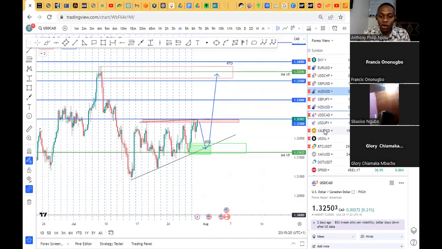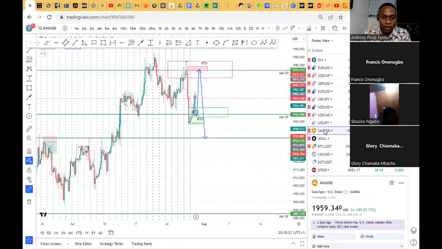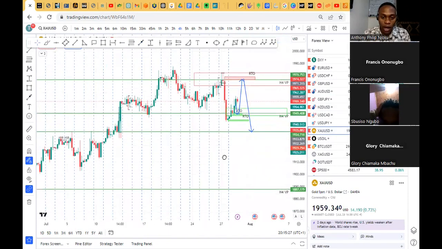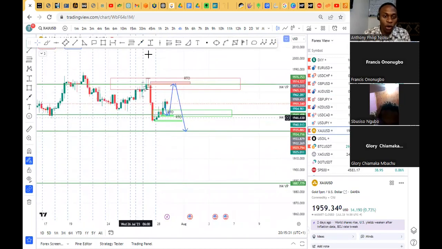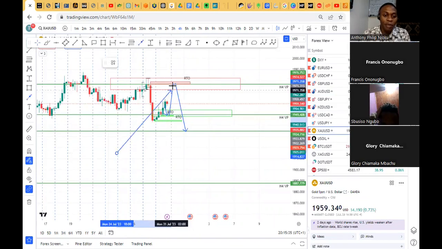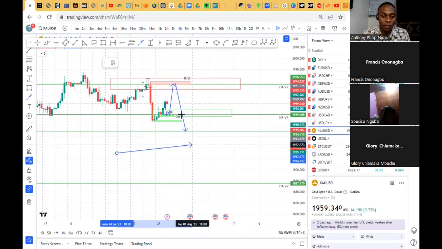Then the next on our list is gold. So for gold, I expect gold to go down more, to the downside. But currently, if we say return to origin, we're taking the bias to the upside. You can choose to trade this first wave, the buys. That's for scalpers. You can scalp it 10, 20, 30 pips. But my overall bias is the sell, a swing trade of about 50, 60, 80, 100 pips to the downside for gold, sell setup.